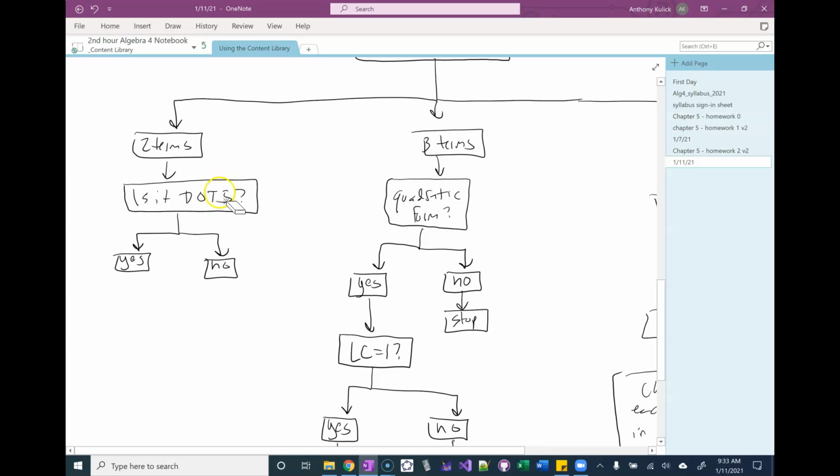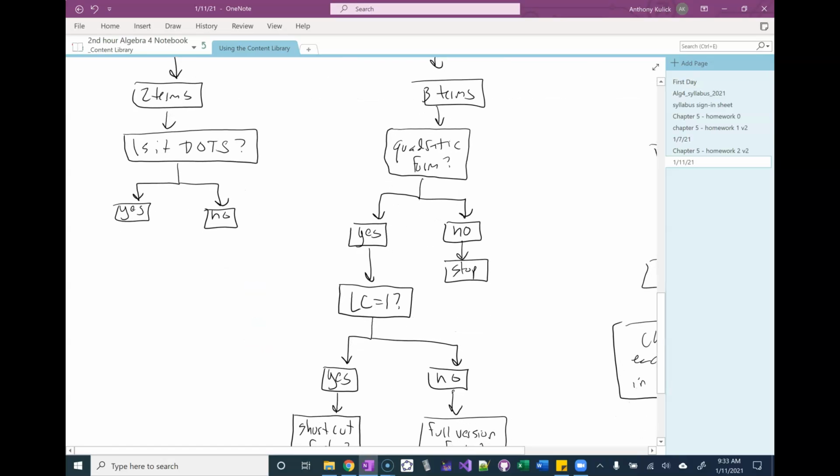So the first thing we'd want to check is, is it a difference of two squares? I abbreviated difference of two squares as DOTS. If the answer is yes, then we'll check each factor in the two terms branch. If the answer is no,